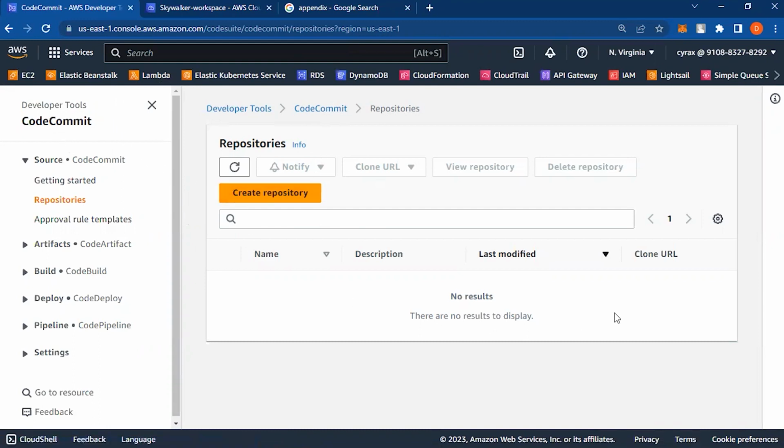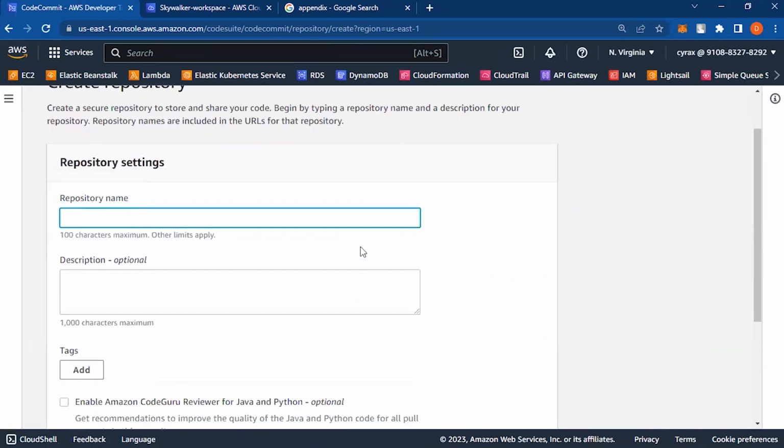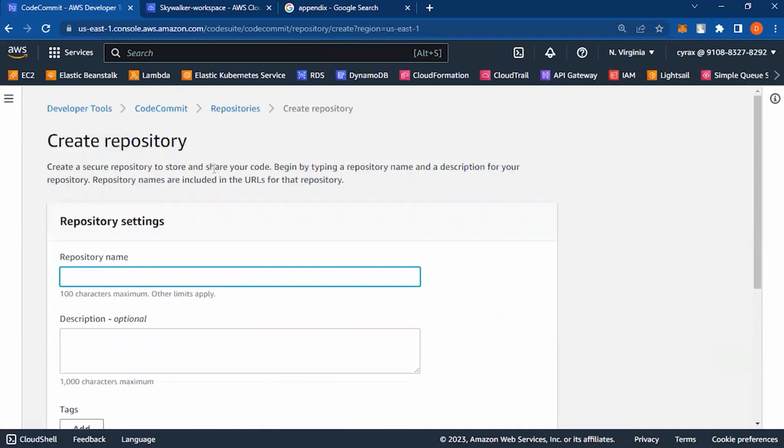You would have this empty space here. You don't have any repositories. So what we want to do is to create a new repo. All right, so when you click on create repo, it takes you to this page where you can now create a secure repository to store and share your code. Begin by typing the name. So let's just call this